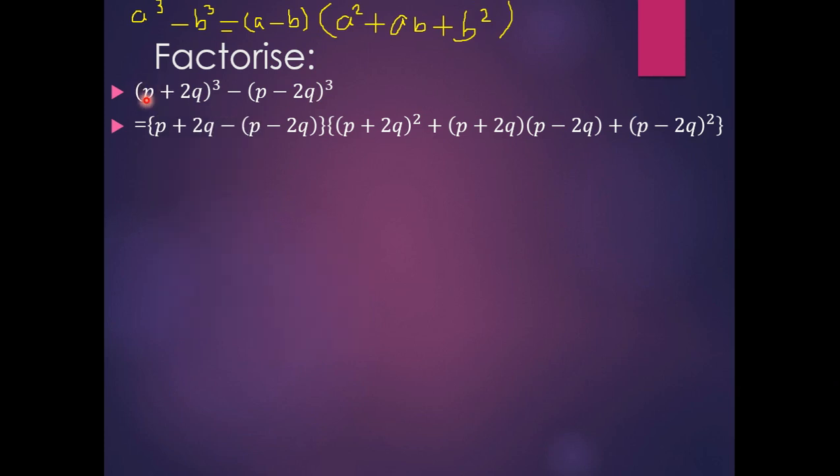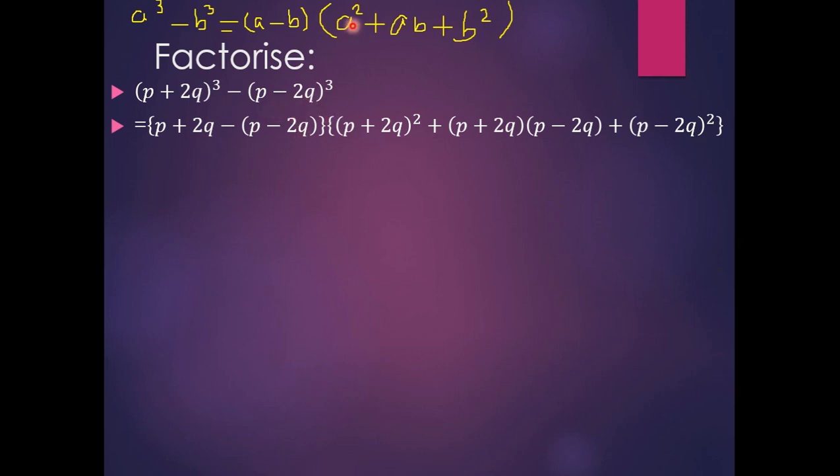In place of A we have P plus twice Q. In place of B we have P minus twice Q. So where there is A we write P plus twice Q, minus from the formula same. Where there is B we have to write P minus twice Q. So we need to write a bracket here also, because minus will multiply here and it will be plus later.